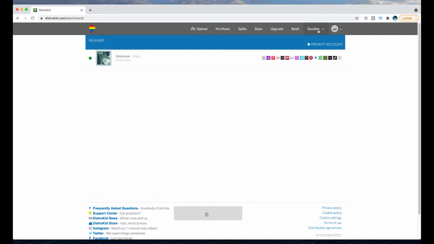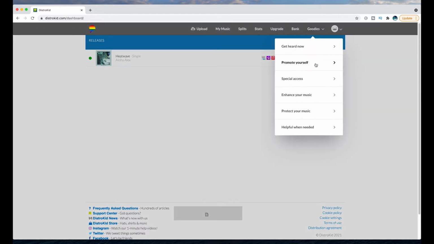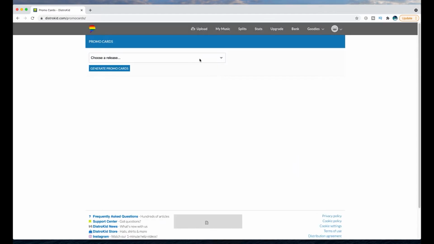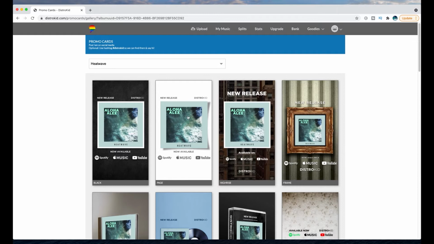Okay, so you're going to find all of the new tools under this goodies section right here. And you can take a look around, but I'm just going to go here under this promote yourself section. And the first one I want to jump to is promo cards. Now this is super cool because they make it really easy. I only have one release under here, so I'm going to choose that, Heat Wave, and then let's go ahead